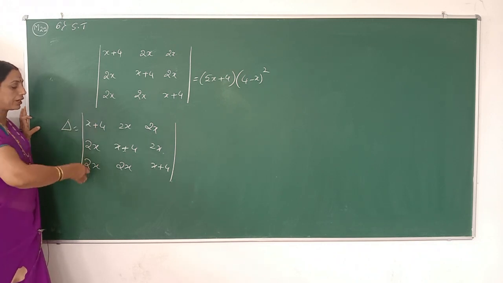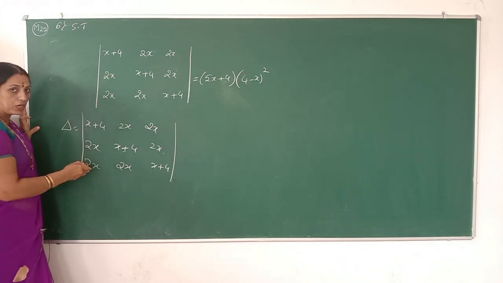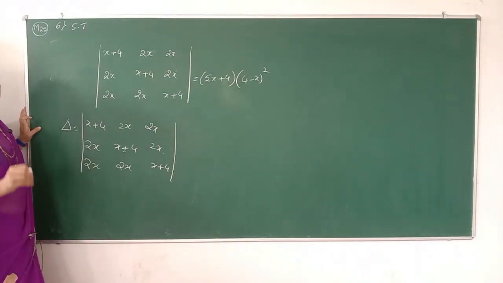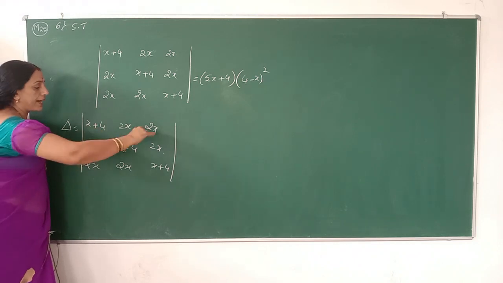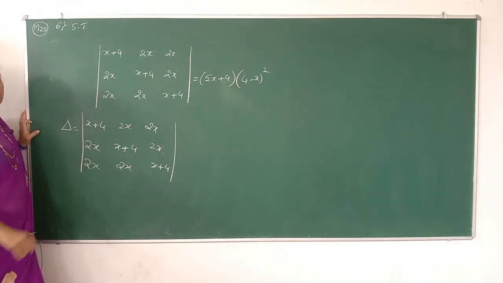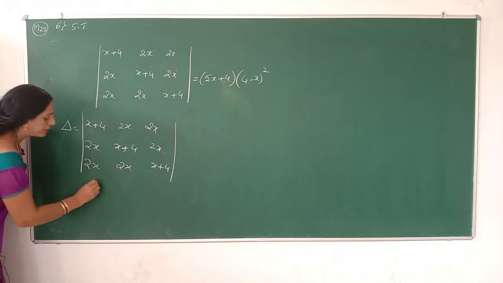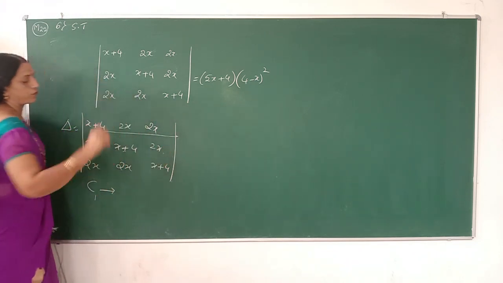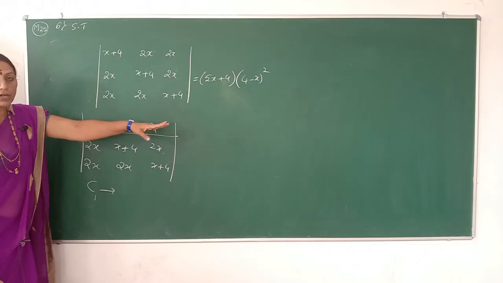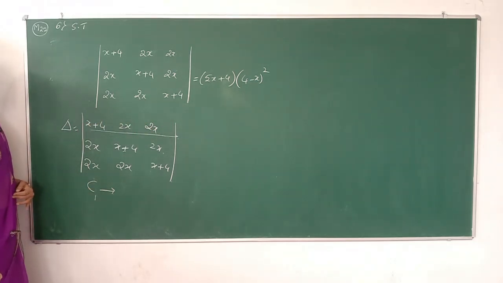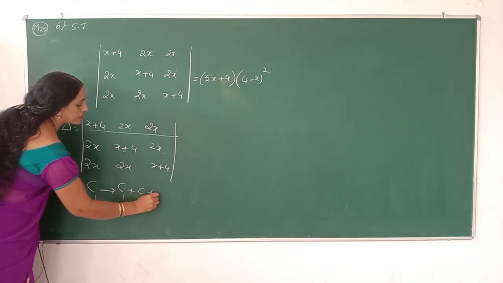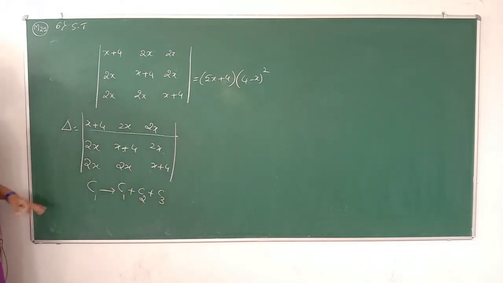Suppose we add the elements column wise. Elements adding column wise is an operation of the row form. Otherwise, if we add row wise, elements adding in the row form is an operation of the column form. So therefore, we will get changes in any one of them. Now we can add the corresponding elements of the row forms. So elements adding in the row forms is an operation of the columns. Therefore C1 can be changed with C1 plus C2 plus C3.